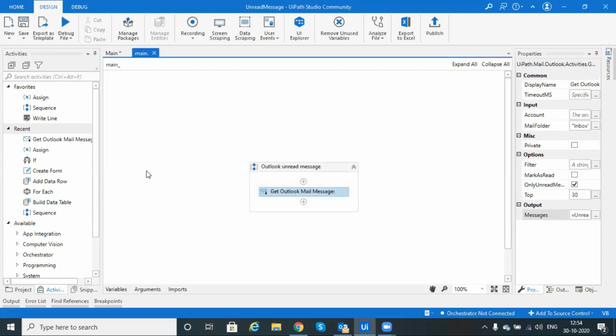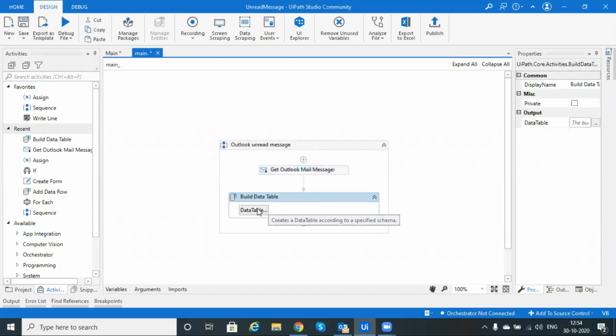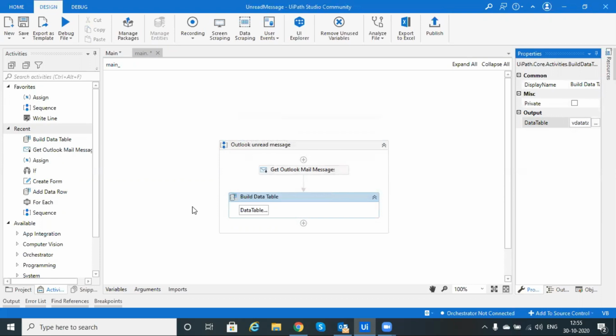After that, you have to take one Build Data Table where we can store all the data. So for that, here also we will create one variable, Control K, v data table, right? If you require only one mail message, no need to use a For Each.